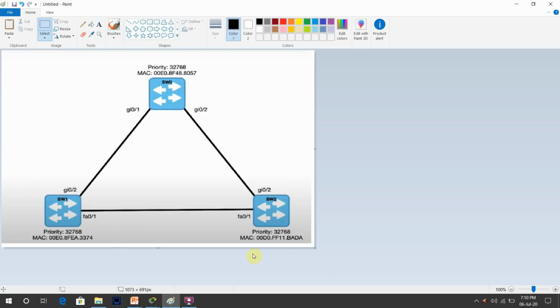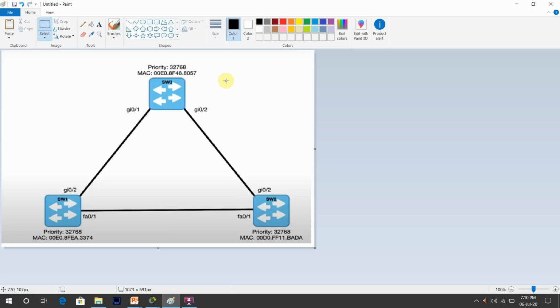Now if you see, suppose you have this network topology, network diagram, this is switch 0, switch 1, and switch 2. First of all, I would like to ask you, which switch will be elected as the root bridge?